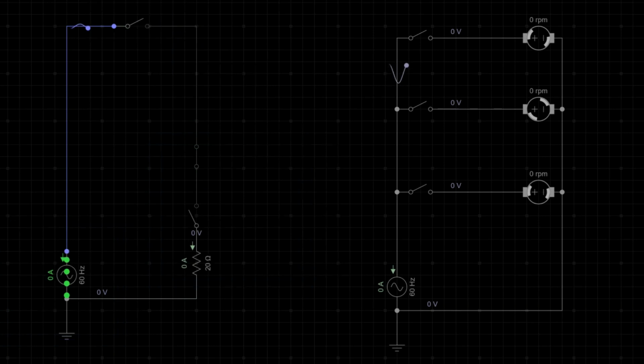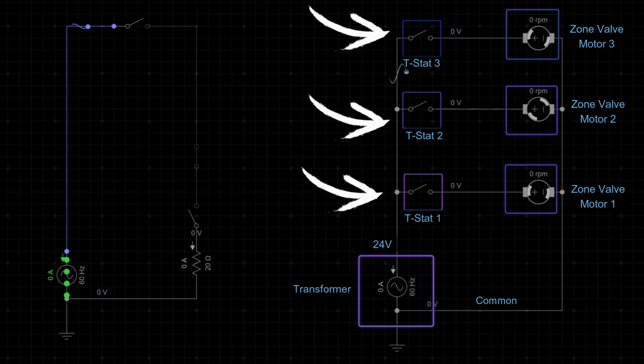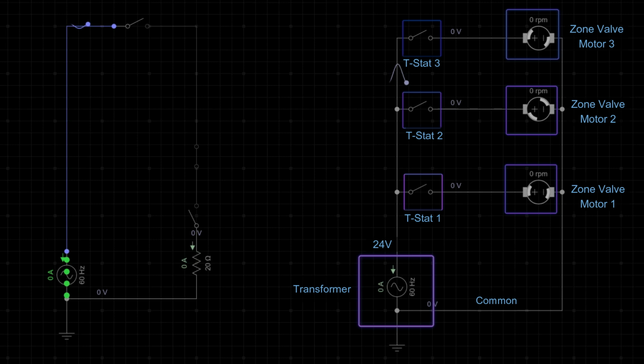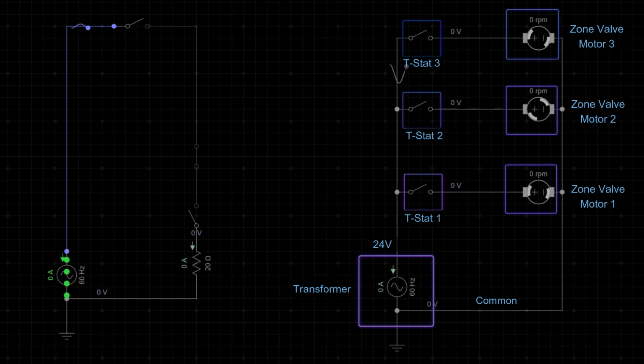Now on the right side, you see parallel wiring, and this is something you're always going to see in situations like zone valves on hydronic boilers. So you can see we have each one of our thermostats, individual zones. Each thermostat has its own zone valve motor. Now in a parallel circuit, we have the transformer here, that's the 24 volts, and it sends power up to